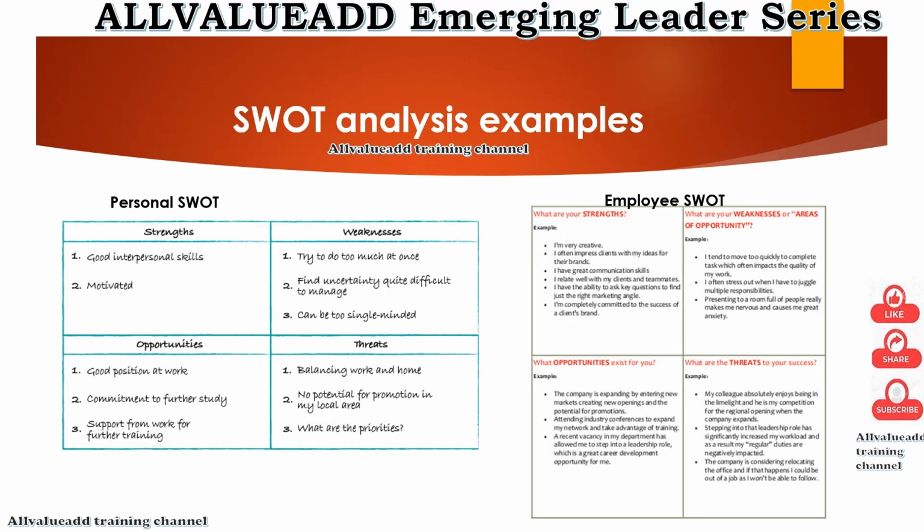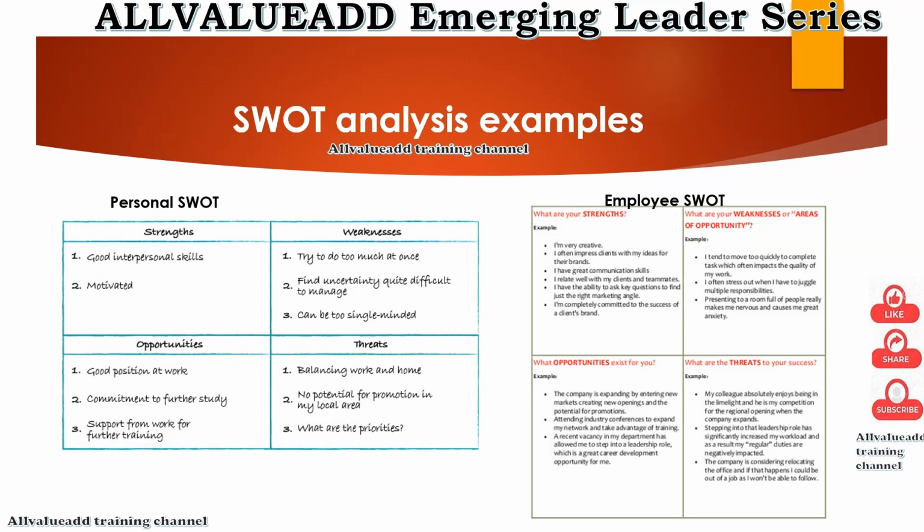Opportunities, what this person can look at is a good position at work. They have a good role and designation, and a commitment to further study, he or she is determined to study further, and also the financial support is there from the family, and they are quite balanced. But of course there is a threat for everybody on the personal end as well, like how do I balance the work at home and